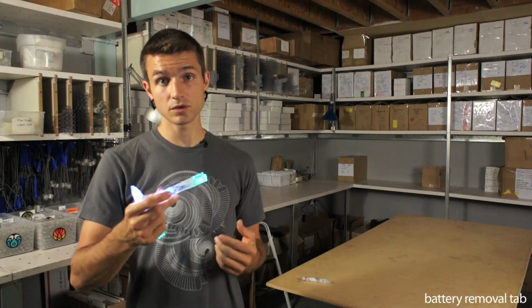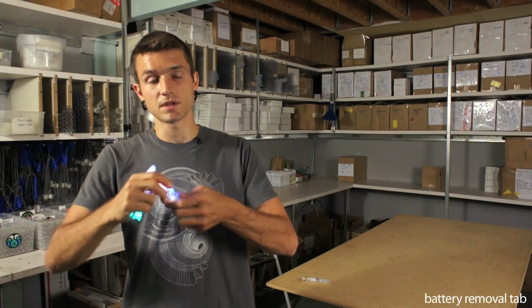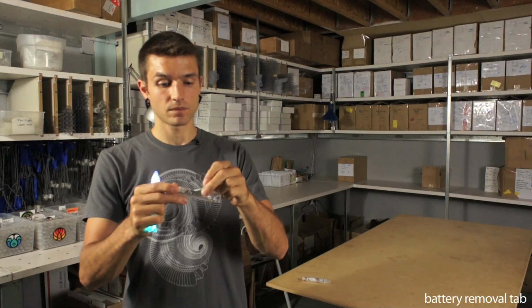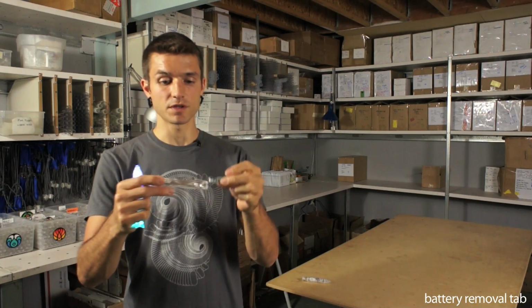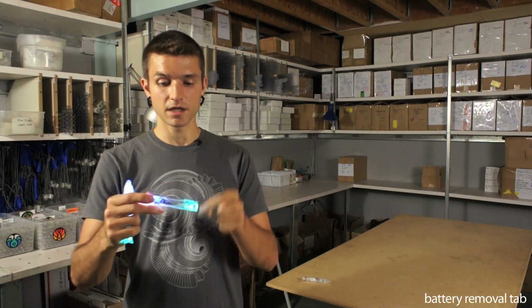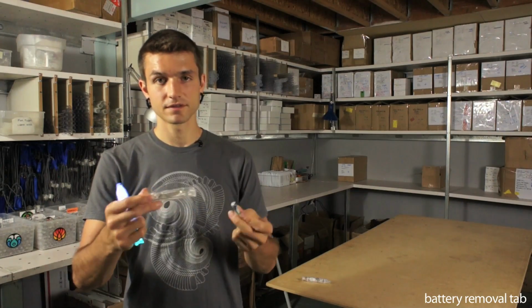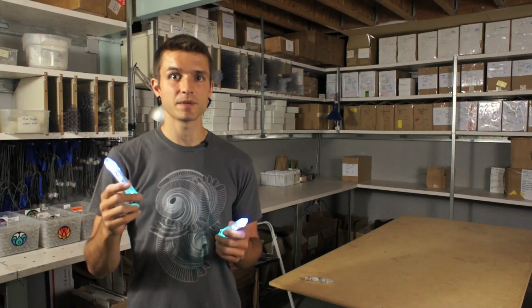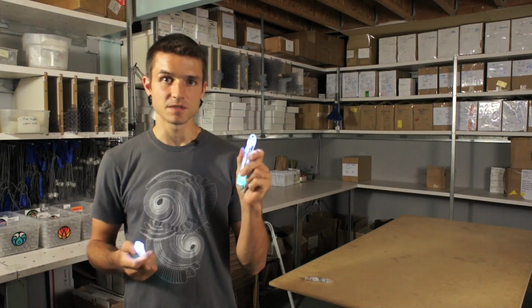Another feature of the Gen 2 Flowlight that's actually present in some of the Generation 1 Flowlights as well is the battery removal tab. This thin clear plastic tab runs underneath the battery and enables you to pop it out just by pulling on it. It's really convenient. Gen 2 Flowlights embody the years of refinement and evolution that have gone into these babies, and